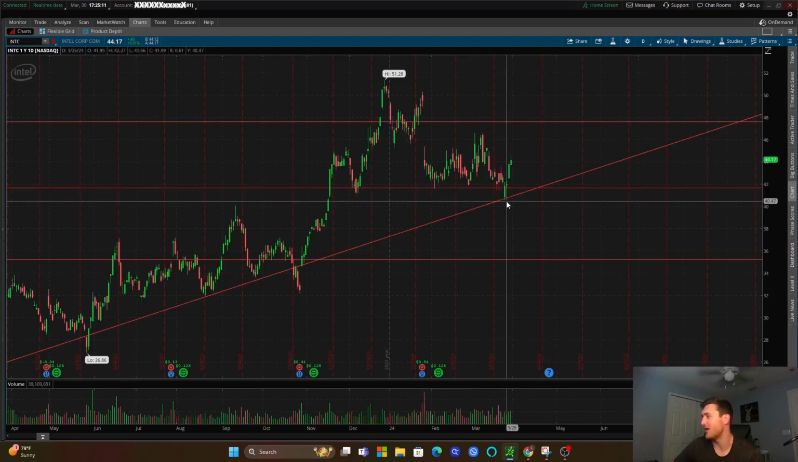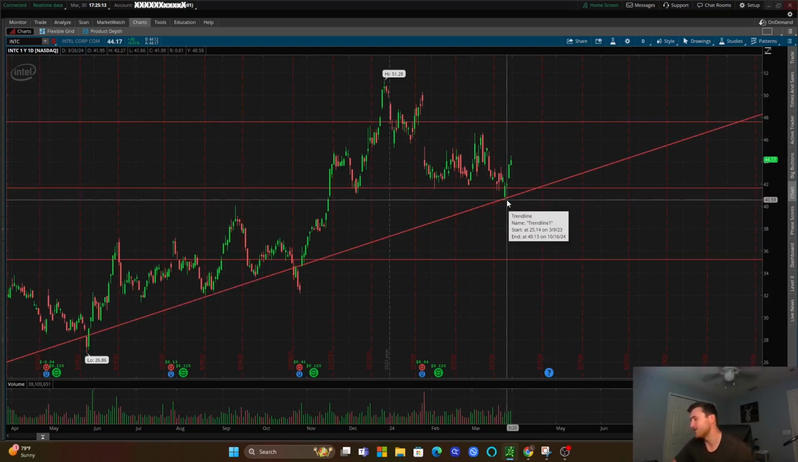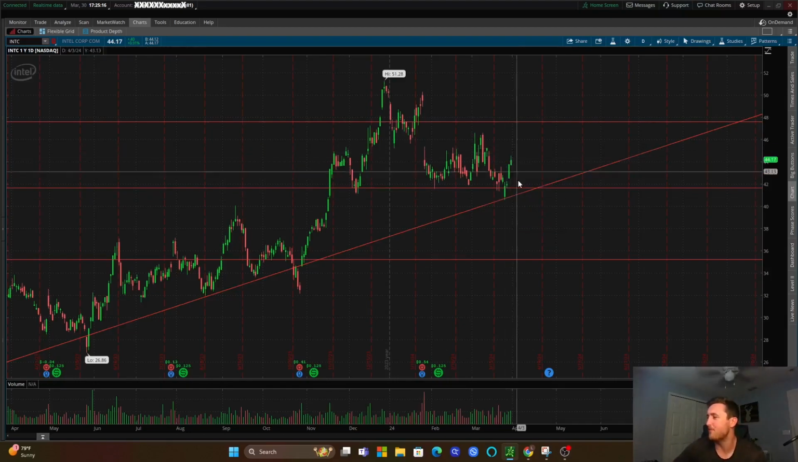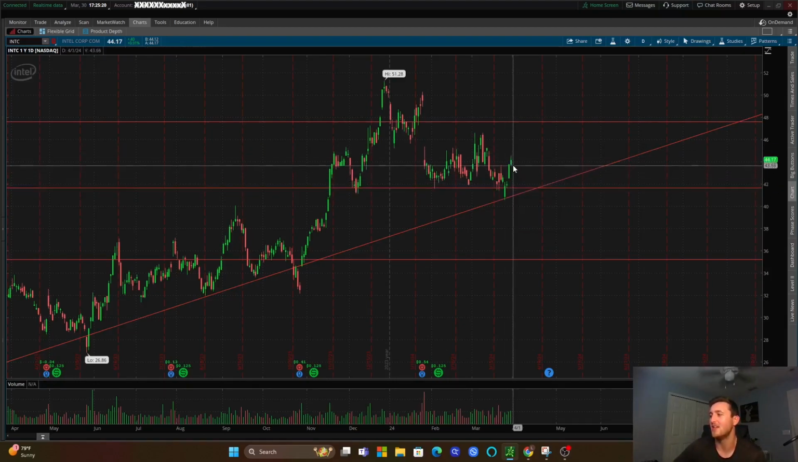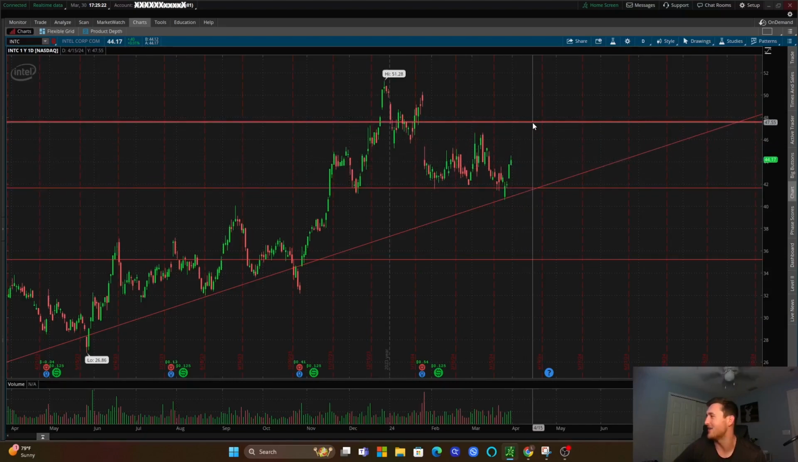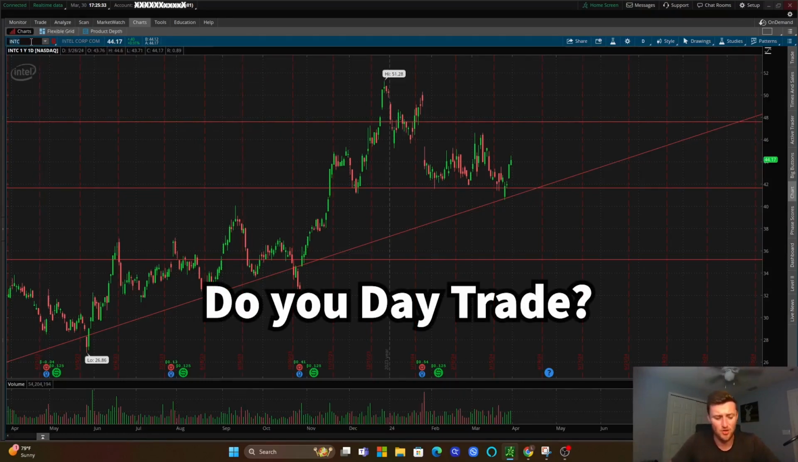We touched the trend line at $40.59. Immediately bounced right up. That would have been a great entry at 41.66. And as you can see, looks like we are going straight up, heading towards that $47, $48 mark. So that's also another awesome trade that you can make in the short amount of time to see a big explosive move in INTC. But now let me talk to my day traders a little bit,